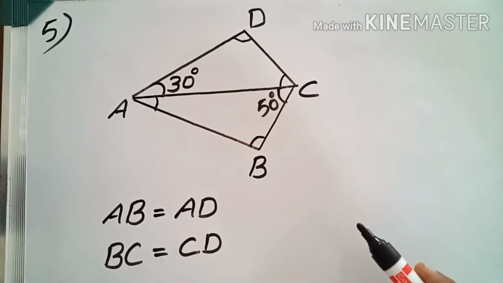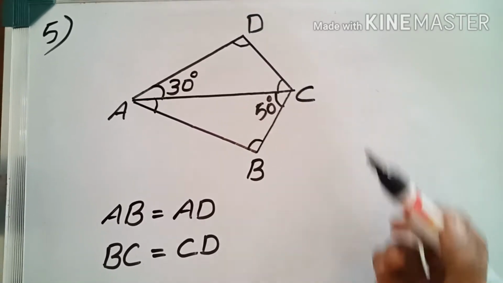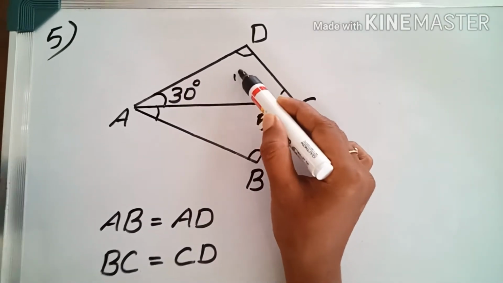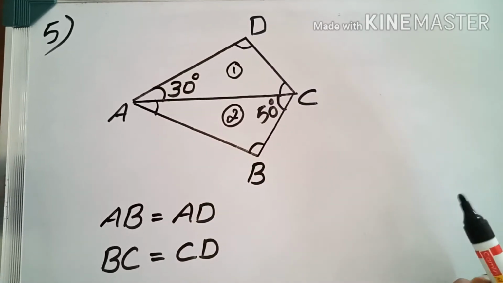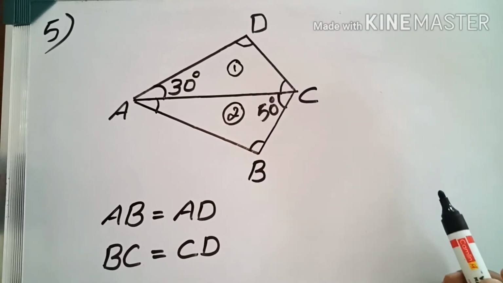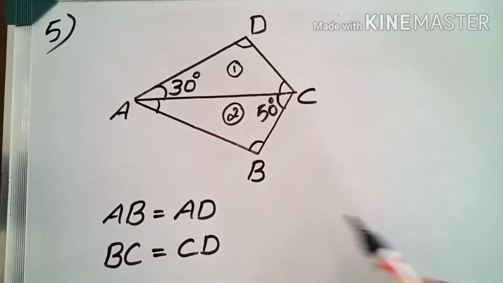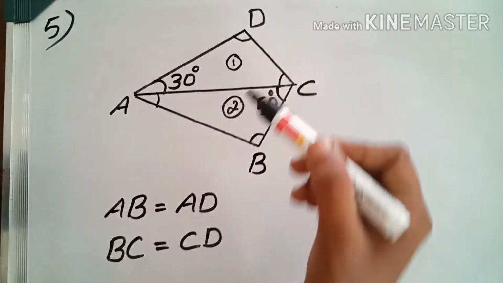In this chapter, we are dealing with triangles, equal triangles. So when we observe this figure, you can see two triangles here. This is the first triangle, this is the second triangle. First of all, we are going to show that they are equal triangles. That is the clue given here. So apply this clue in the figure.